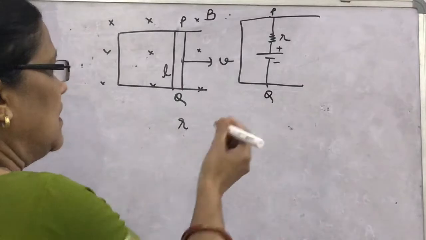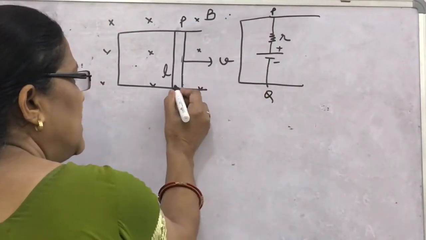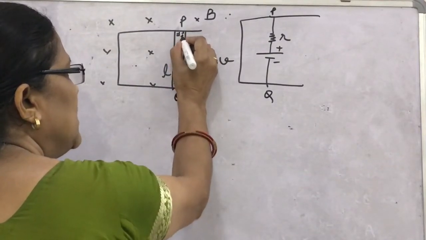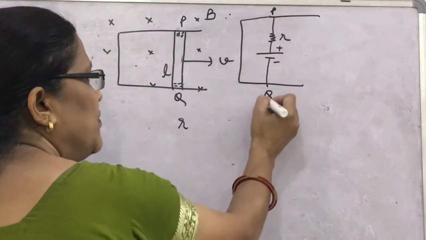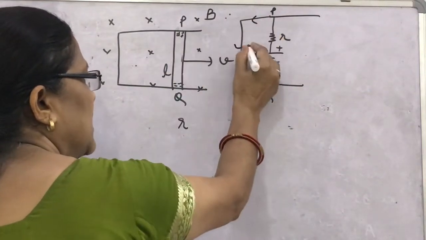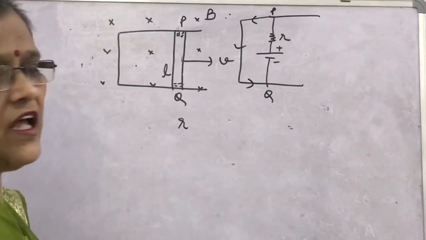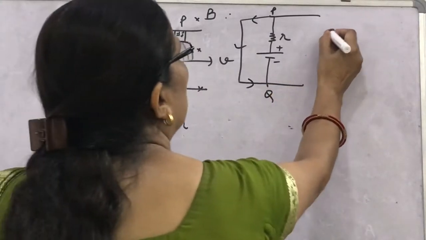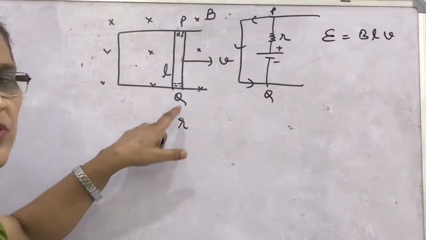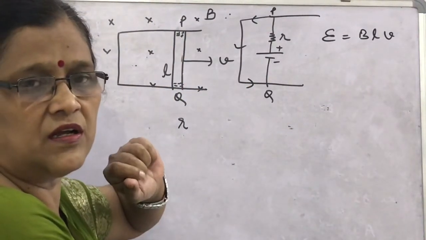You know, inside the cell current flows from the negative to the positive terminal. Here, since the rod is moving due to Lorentz forces, we have seen the polarity. So the current is moving from Q to P within the cell, or within the rod, and outside like this. This all we have seen, and we have determined the motional EMF, BLV, produced in the rod due to its motion, where B, L, V are all perpendicular.